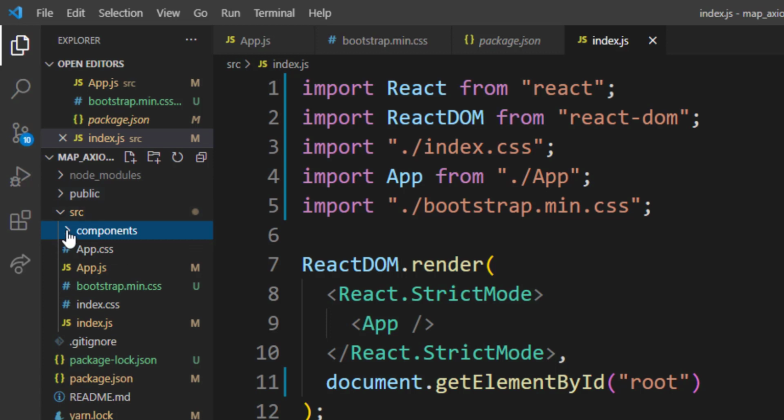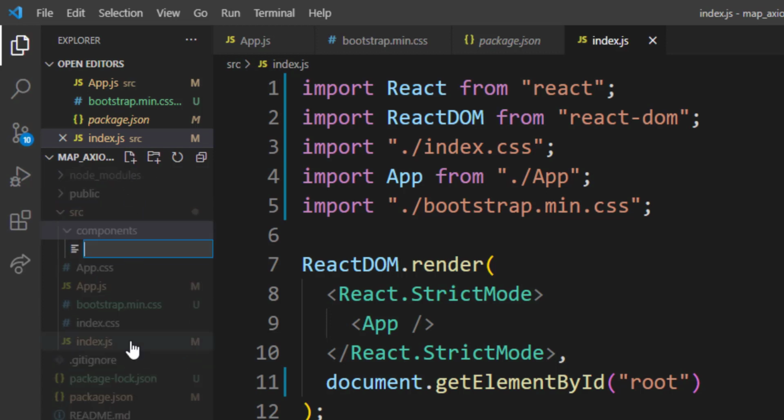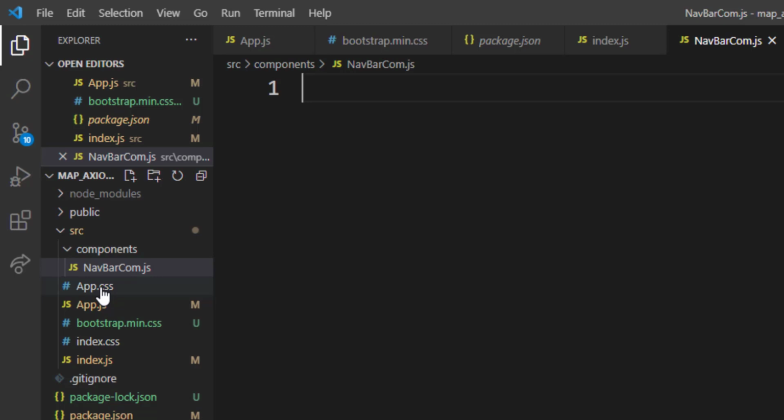Okay, inside this components folder, we'll start with the navbar. So NavbarComponent.js,